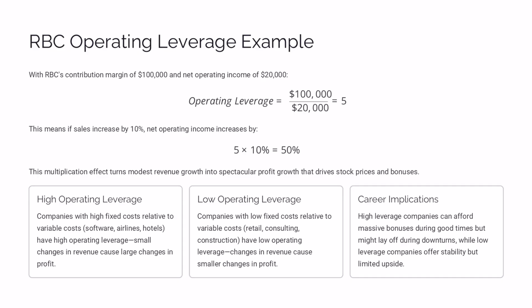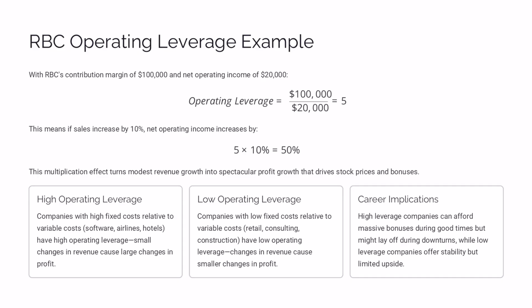When Amazon Web Services was starting, they had operating leverage of 15 because of massive fixed infrastructure costs, meaning every new customer was incredibly profitable, allowing them to cut prices 70 times while still improving margins, destroying competition, and capturing 35% market share. Here's the insight that will definitely be on your final.